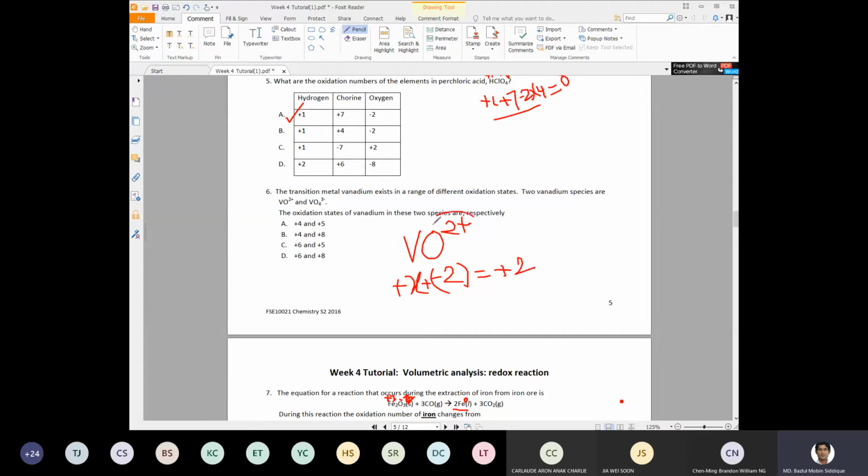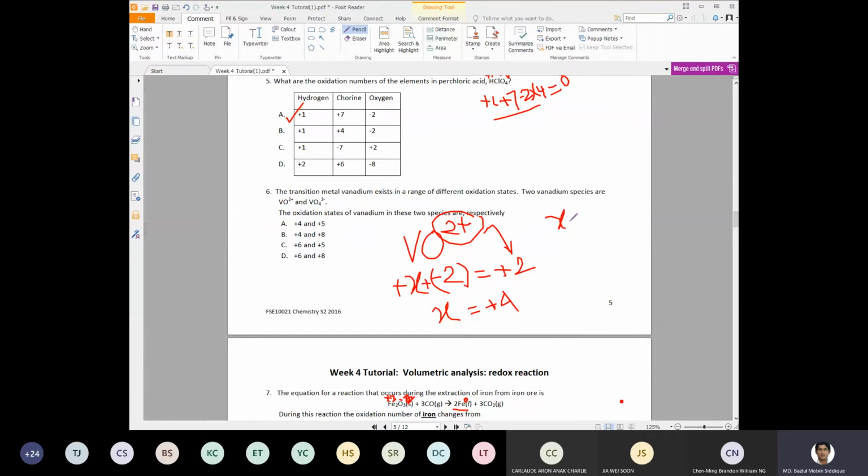So this is the way that we find out the oxidation state of any element in a compound or ion. If we solve this equation, then X will become +4, right? And in the same way, if we go find this VO4,